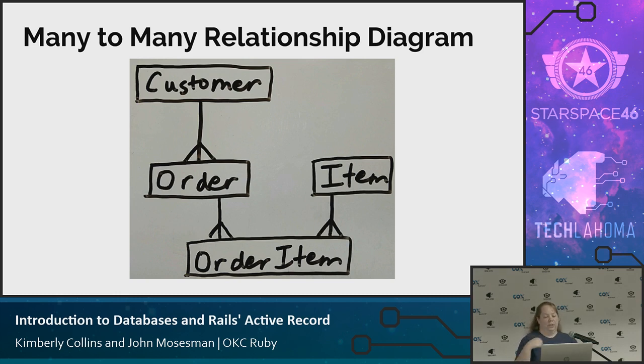So I wrote the word customer, box around it. Order is something that I want to see how they relate. Write the word order, draw a box around it. The line between customer and order represents that one customer can have multiple orders. So just one pointing to customer, but then a crow's foot representing that one customer can have multiple orders.